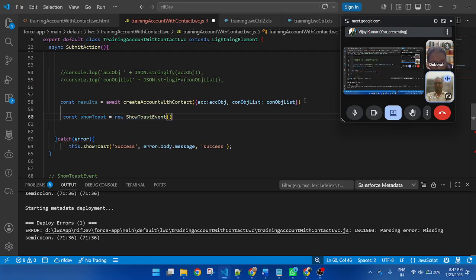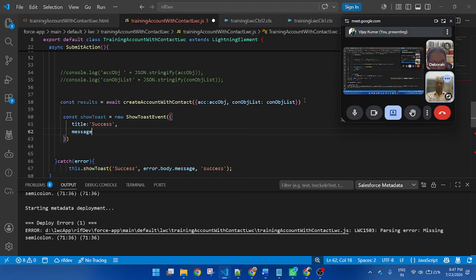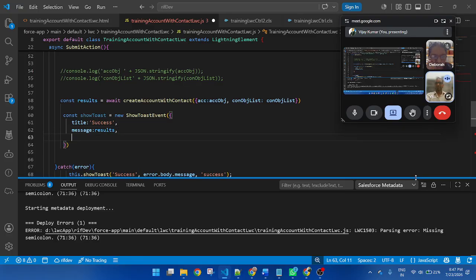So toast event, bracket, title success, message. The message will display this result, and variant success.